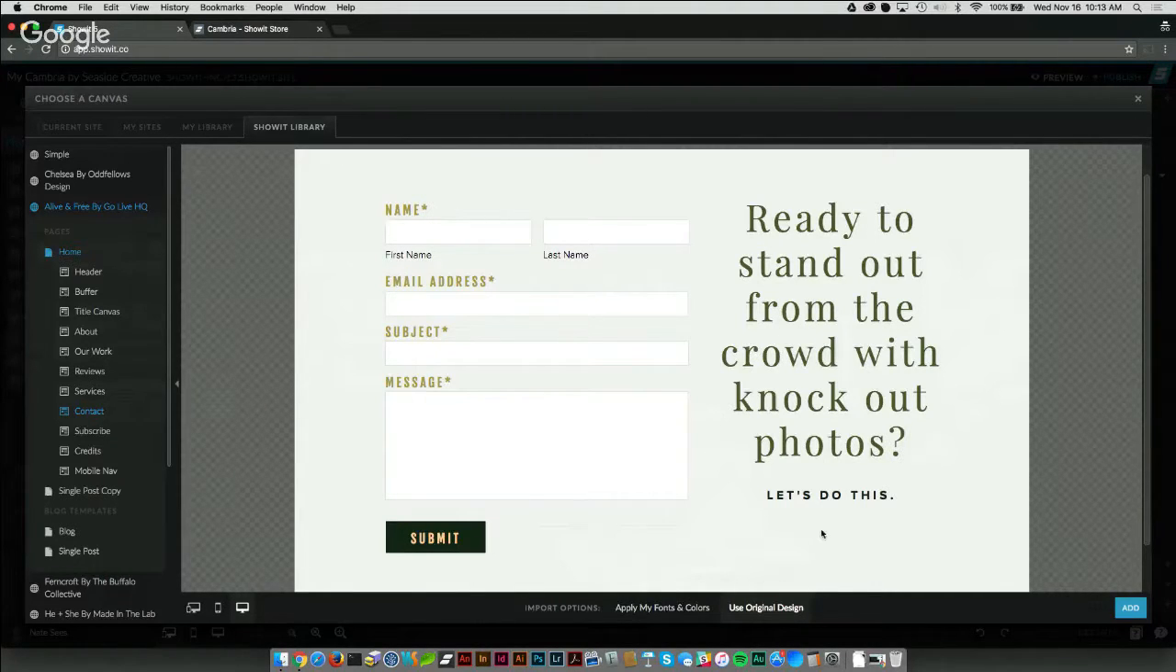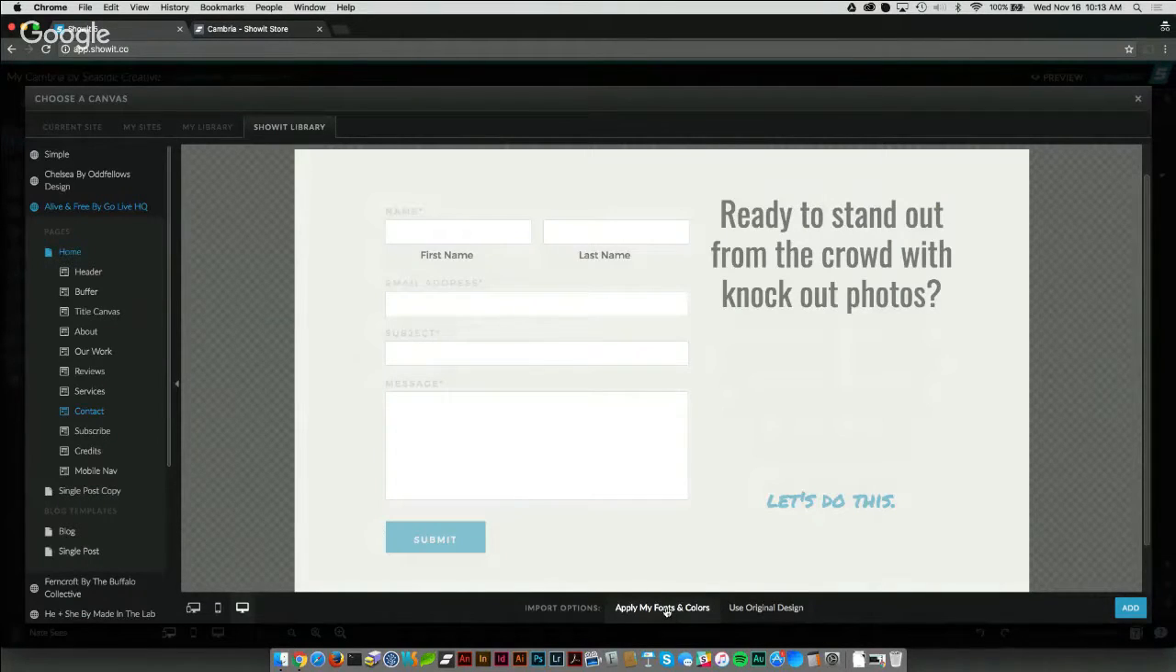So down at the bottom below this preview, I've got these two buttons. By default, it is displaying using the original design that the ladies at Go Live designed this in. But I can also toggle this to say apply my fonts and colors. So it's going to take the design settings that I already defined in my design settings, and it's going to apply it here to this layout. And so all of a sudden it's pulled in my own fonts and my own colors. So really quickly, without having to do anything other than click a button, it's already branded to me. So if I click add,